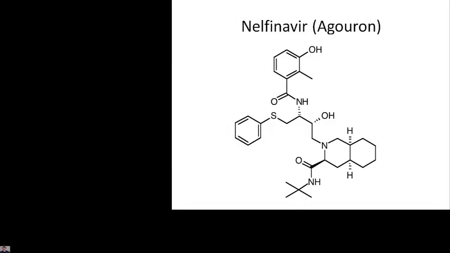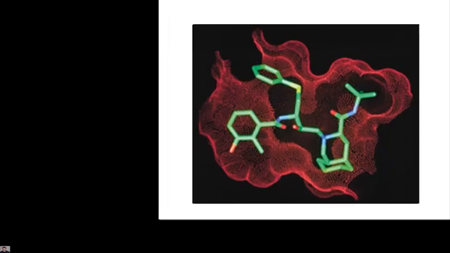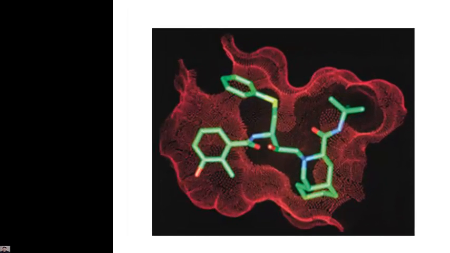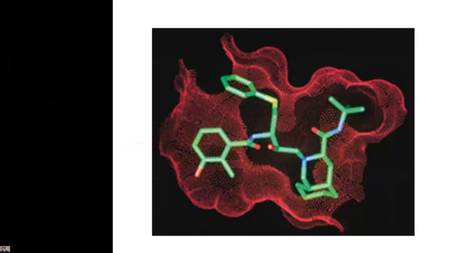The way this molecule was created was by looking at the three-dimensional structure of the protease. The active site is shown here in this red shadow, the active site of the protease enzyme. This drug was designed to fit tightly into that crevice and prevent the protease from functioning, and that's in fact what it does. The protease inhibitor prevents the protease from cutting up the HIV polyprotein